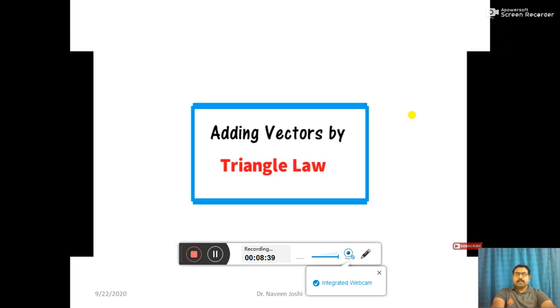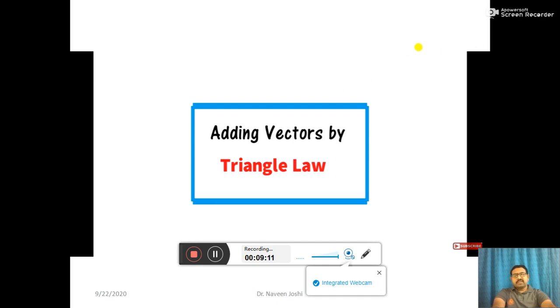Then here, mainly what are the operations we are using on vectors? You remember, mainly there are three operations we can use on vectors. First one is vector addition, second vector subtraction, and third multiplication of vectors. Again, in multiplication of vectors there are two ways: one is the dot product of vectors and the other is the cross product of vectors. So let us see how to add two vectors.